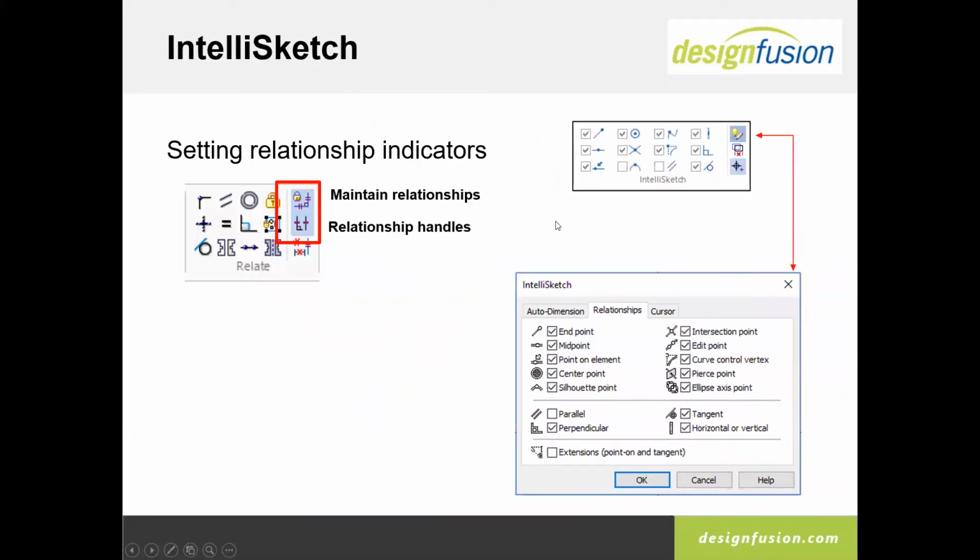The other thing that is going on when you're sketching is the IntelliSketch. The IntelliSketch is launched. We have the group at the top with the most common ones and the complete listing by clicking on the little light bulb with the pencil here. These are telling the system what kind of key points or connection points or relationships we're looking for as we're